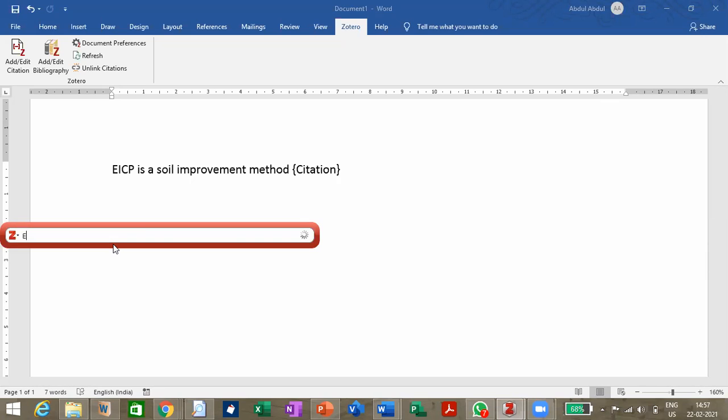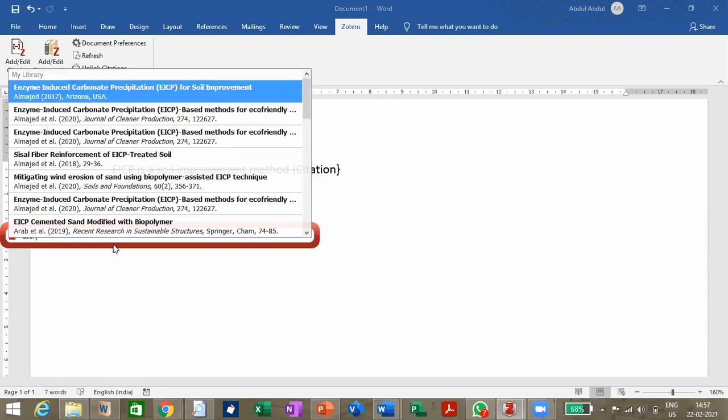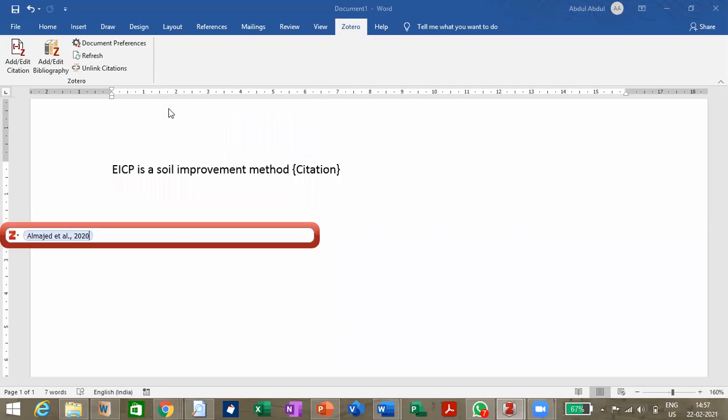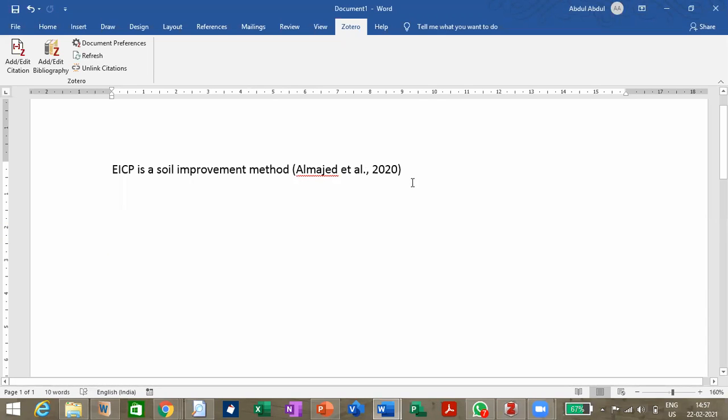It was EICP, if you remember. As soon as I write, I get so many results because I've already stored many papers in that Zotero folder. I'll select this paper. So first author et al. and year has come. I'll tap enter. Now it has come there.